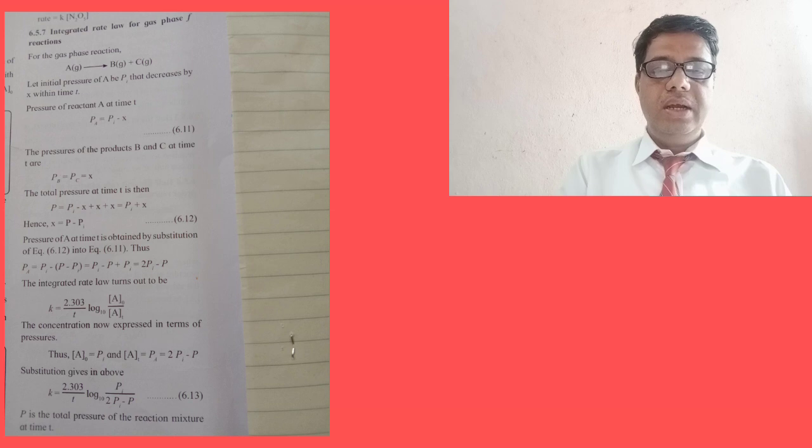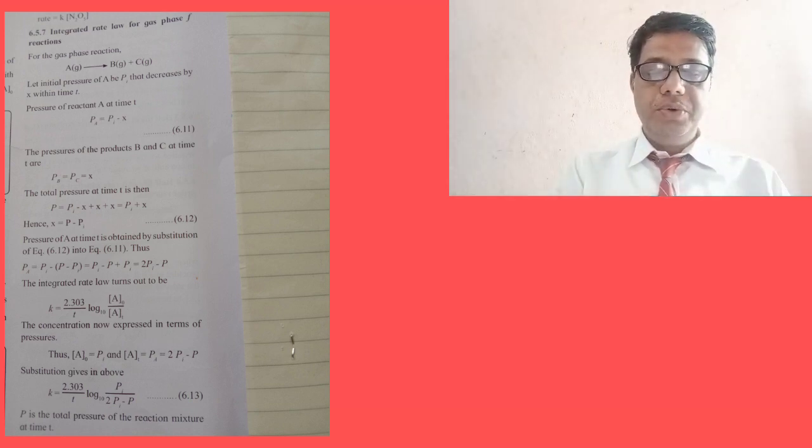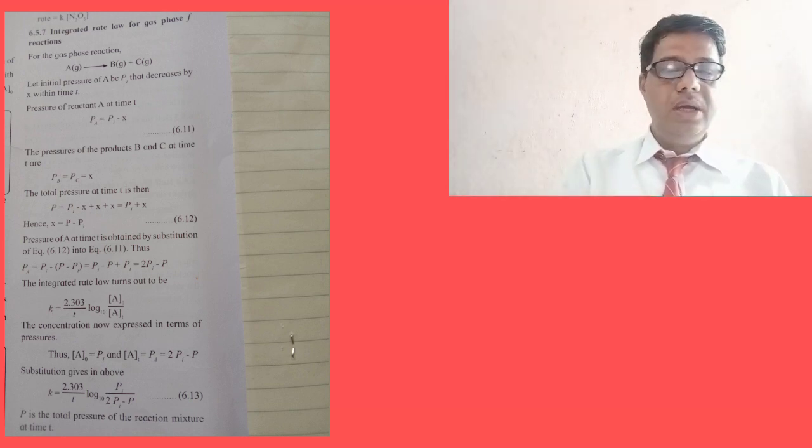म्हणजे सुरुवातीला त्या ठिकाणी जो A रिएक्टंट असेल त्याचं प्रेशर त्या ठिकाणी इनिशियल प्रेशर असणार आहे Pi आणि जे काही वेळानंतर म्हणजेच विदिन टाइम टी किती डिक्रीज झालेलं असेल एक्स न डिक्रीज झाले कन्सिडर केलेले आहे. नेक्स्ट वन, प्रेशर ऑफ रिएक्टंट ए ॲट टाइम टी म्हणजे त्या ठिकाणी कोणत्या वेळेपर्यंत हे त्या ठिकाणी डिक्रीज झालेलं आहे त्या टाईमला त्या ठिकाणी त्या रिएक्टंटचं प्रेशर किती असेल तर इक्वेशननं दिलेलं आहे पी ए इज इक्वल टू पी आय इनिशियल कॉन्सन्ट्रेशन आणि त्या ठिकाणी डिक्रीज कितीनं झालेलं आहे एक्सनं म्हणजेच पी ए इज इक्वल टू पी आय मायनस एक्स. दिस इक्वेशन 6.11.